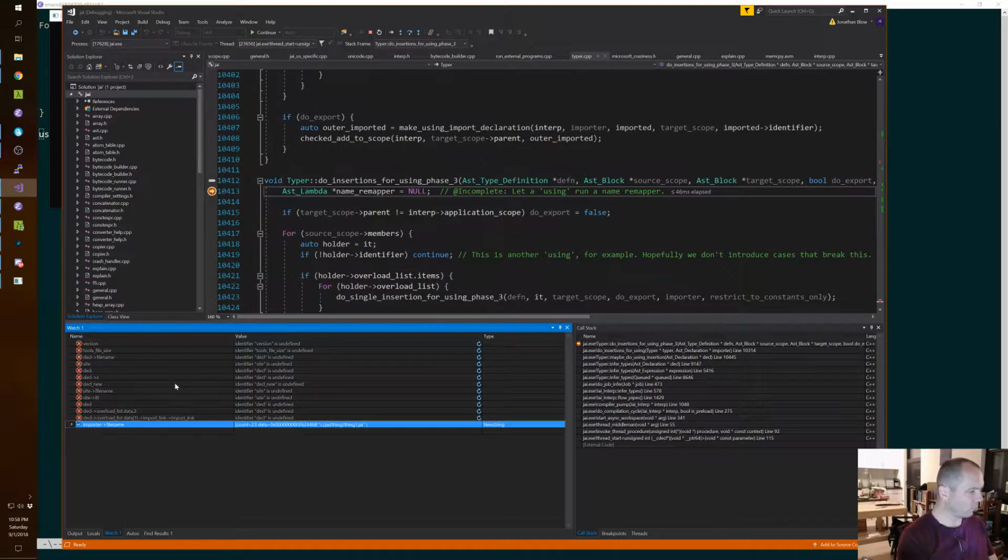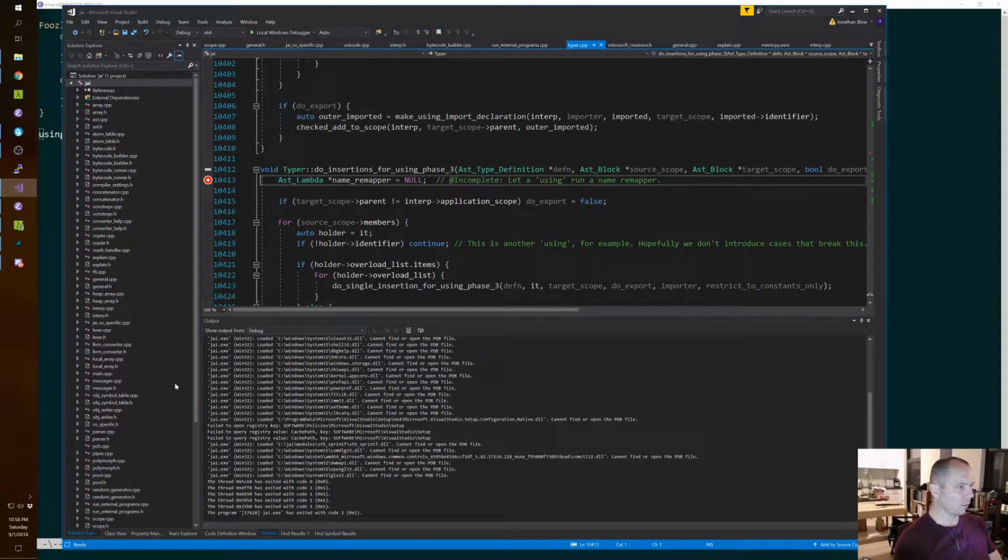Importer file name. Thing 1 is firing. Thing 2 never fired. So that's like a whole different problem.